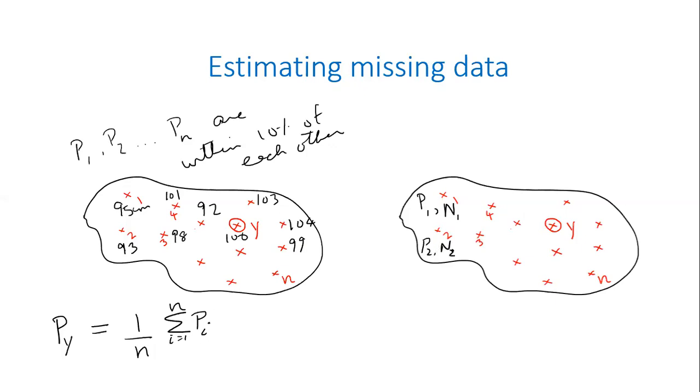P2 is the actual rainfall received this year, and N2 is the normal rainfall received in the last 15 years, 20 years, whatever it may be. Similarly, I have P3, N3, P4, N4. And then I have Py, which is unknown, and Ny, which is known. Pn and Nn. So suppose I have this information: P1, P2, P3, P4 up to Pn, but Py is unknown. And then I have N1, N2, N3, N4, N5, Nn, and also Ny, which is also known. If I know all of these pieces of information, can I find out what Py will be using all this information? That's the question.